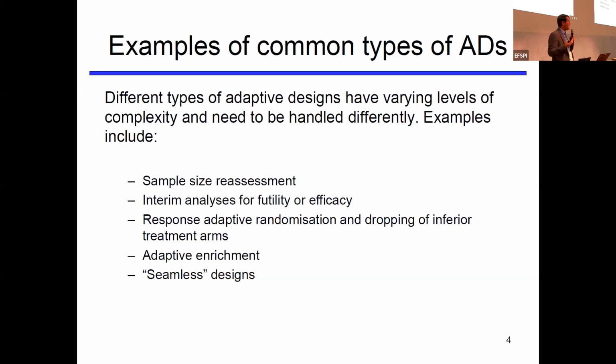There are different types of adaptive designs. An easy one is when you do a blinded sample size re-estimation during the trial. That's, of course, an adaptive design, but a very easy one. Interim analyses for futility are very easy ones, but then you can also get into fairly complex ones with adaptive enrichment designs, adaptive dose selection designs, response adaptive randomization, all kinds of seamless designs. So depending on what you want and what you think you need to adapt, it can get